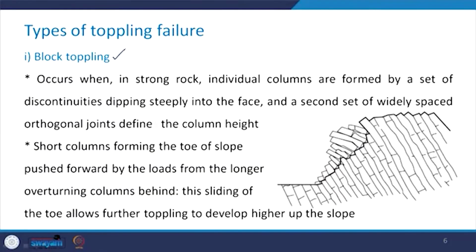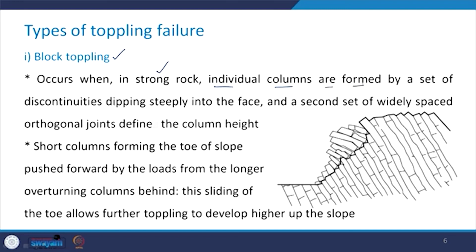So, in view of the decision to be taken related to the application of the appropriate method for the analysis, it is extremely important for us to distinguish between different types of toppling. So, we will now discuss these types of toppling failure, and the first one in this category is the block toppling. Now, it occurs when in strong rock